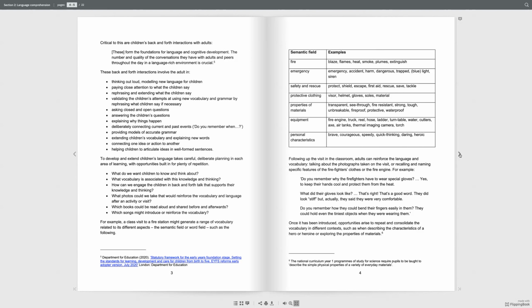close attention to what the children say, rephrasing and extending what the children say, validating the children's attempts at using new vocabulary and grammar by rephrasing what children say if necessary, asking closed and open questions, answering the children's questions, explaining why things happen, deliberately connecting current and past events, "Do you remember when?", providing models of accurate grammar, extending children's vocabulary and explaining new words, connecting one idea or action to another, helping children to articulate ideas in well-formed